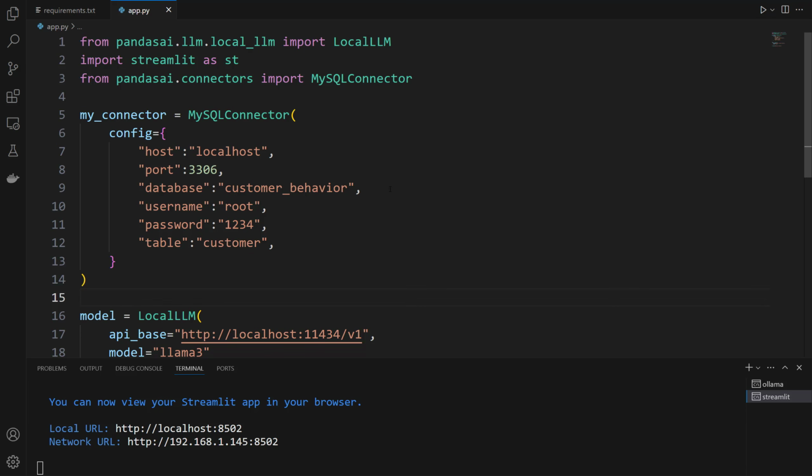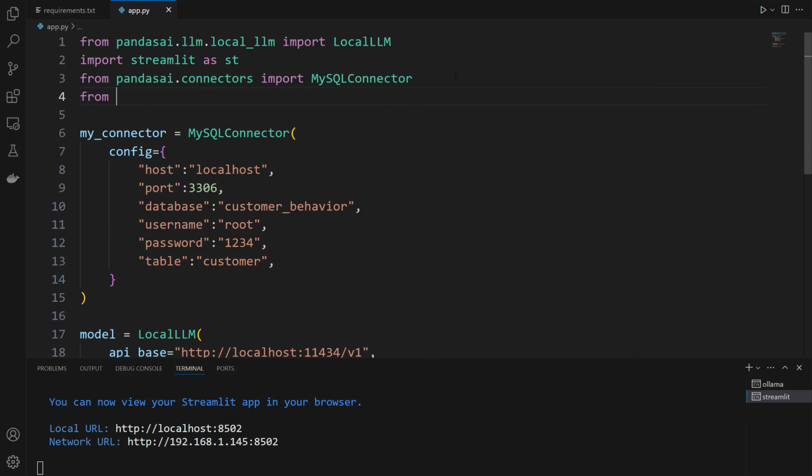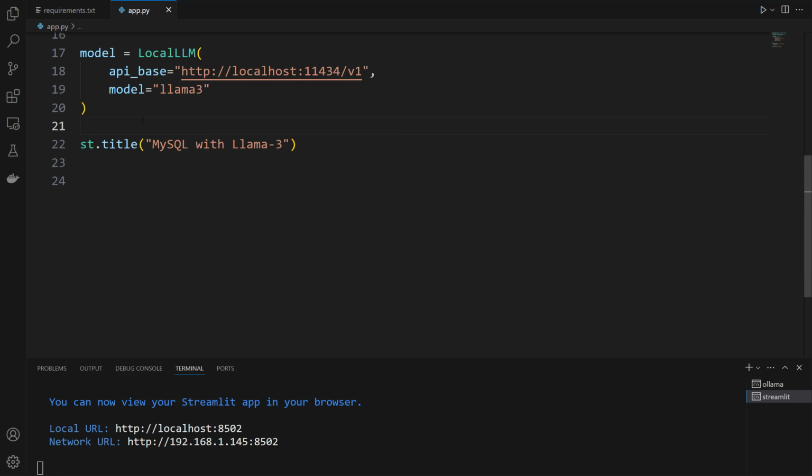What we're gonna do now is pass this object to SmartDataframe. First, let's import this class from pandas AI import SmartDataframe. Next, let's create an object with this class. Let's say df connector.